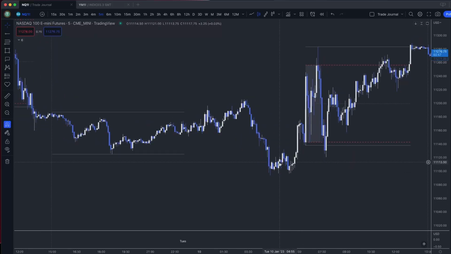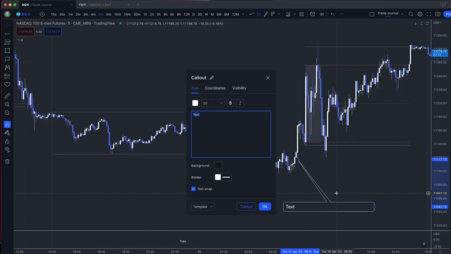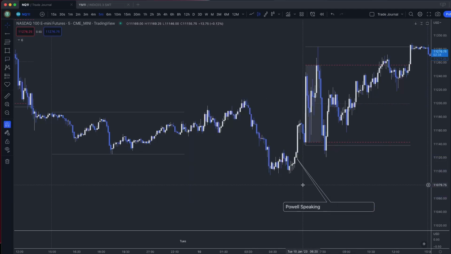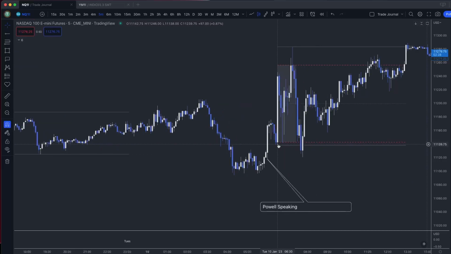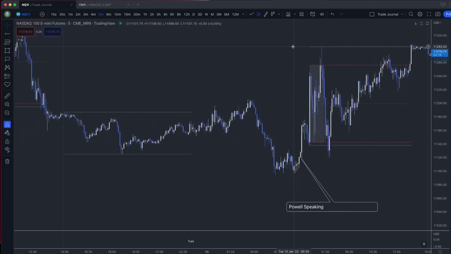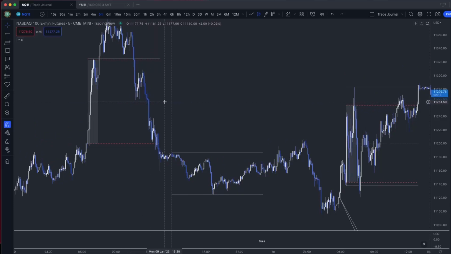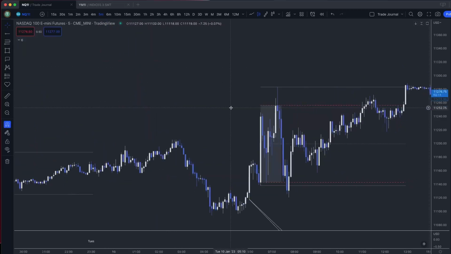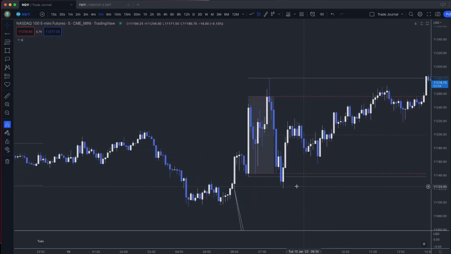We instead had this consolidation below the Asia low, and we had Powell speaking right here at 9 a.m. And while he was speaking, we saw these impulsive moves higher. Then right at New York Open, price, after hitting this imbalance, had another move higher, comes back down, retests this consolidation, rallies again, makes a new high, reacts off of basically the midpoint of yesterday's structure here, and then had a nice reaction lower. Now, we did get a close below the DR low, but look, it was just one candle close below the low and then an immediate reclaim.